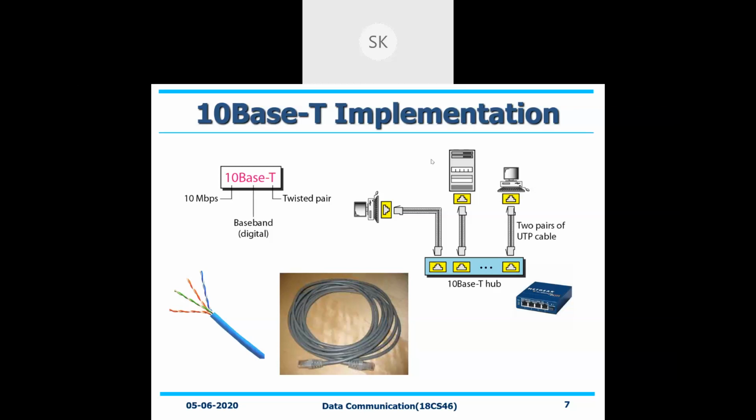Whatever slide that you are seeing here is the 10BASE-T implementation. This is one of the standard Ethernet categories that we will be seeing. 10 is nothing but 10 Mbps of data that it can transmit in the wire, followed by BASE, which is nothing but the baseband signal, that is a digital signal, you can just connect it. T is nothing but your twisted pair.